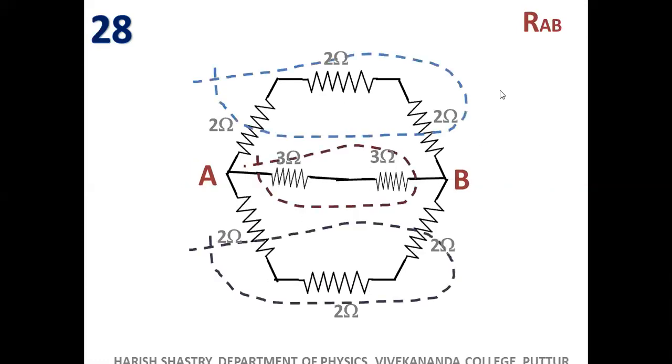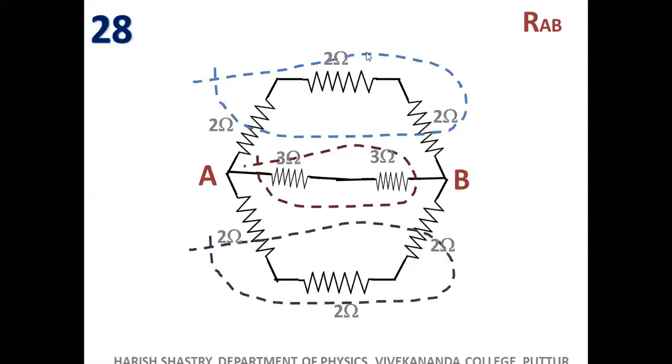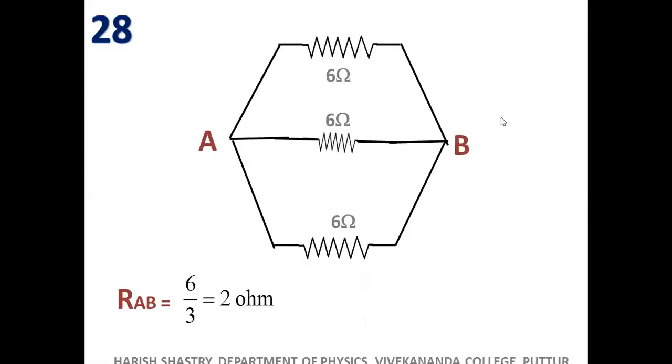So shall we remove all the 3 chains? And fortunately, all the 3 chains give rise to 6 ohm only. So 6, 6, 6, because here you have 3 plus 3, 2 plus 2 plus 2, 2 plus 2 plus 2. So it is 6 parallel 6 parallel 6, that is 6 by 3, 3 resistors of 6 ohm. The answer is 2 ohm, 6 by 3. Or 1 by 6 plus 1 by 6 plus 1 by 6 equals 1 by Rp. You can carry on like that. It is 2 ohm.